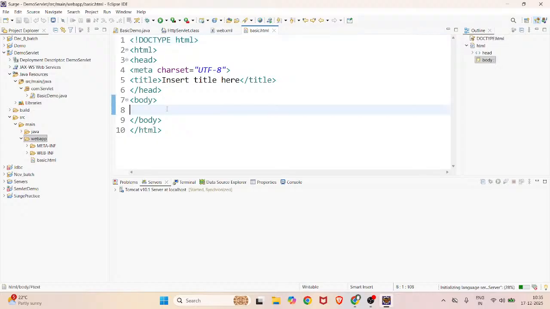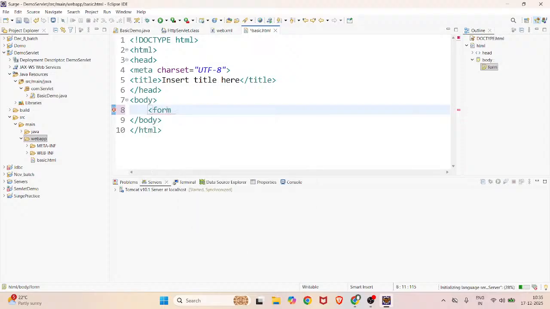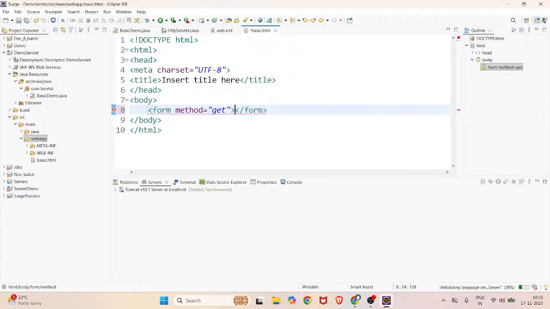Why? Because I have to pass some values, right? So form, method is one attribute which says which method you are performing. Suppose I go with get. Why? Because in the servlet also I am using get, right? So inside the form I go with the